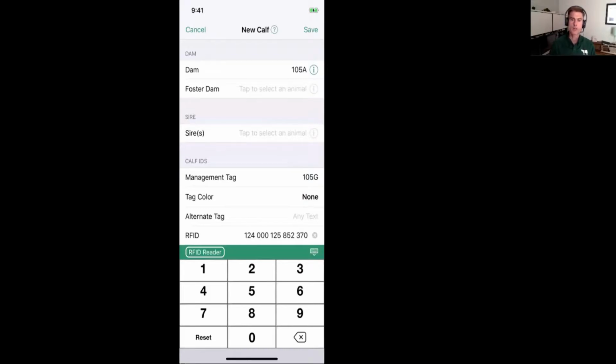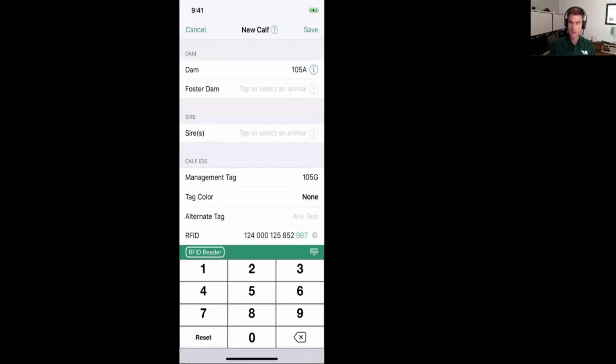So what we've tried to do is make it so you only have to type in a few digits in most cases. And you do that by starting from the right. So let me just start typing in. Let's say that in this particular case, the tag number was 124000125, just like it is now, but then it ended with 987654. So I'm just going to start typing in those digits,